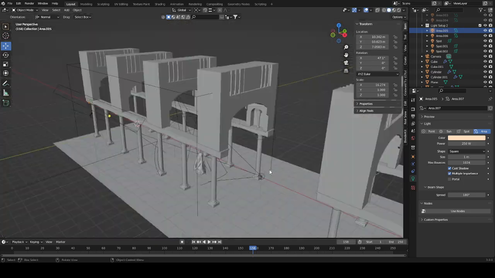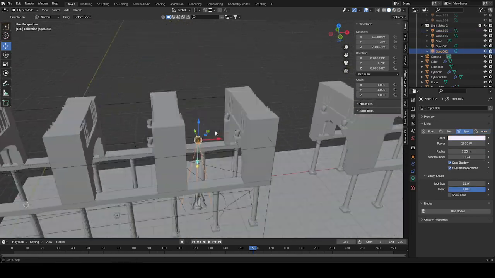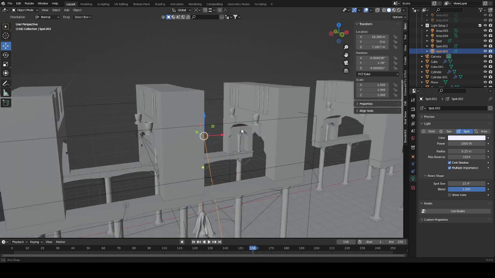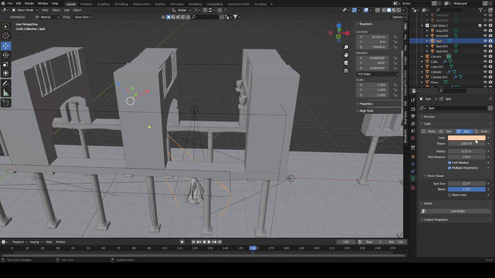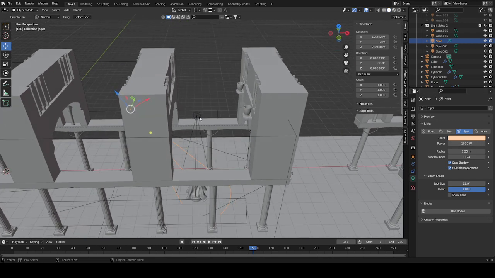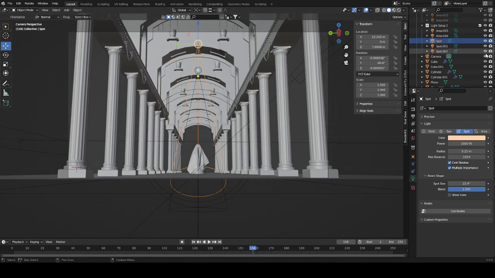Then we have our next light, which is our spotlight. We have actually two spotlights. We have a slight blue one, and we have more or less a front light, which is also very, very soft. Why did I do that? Well,